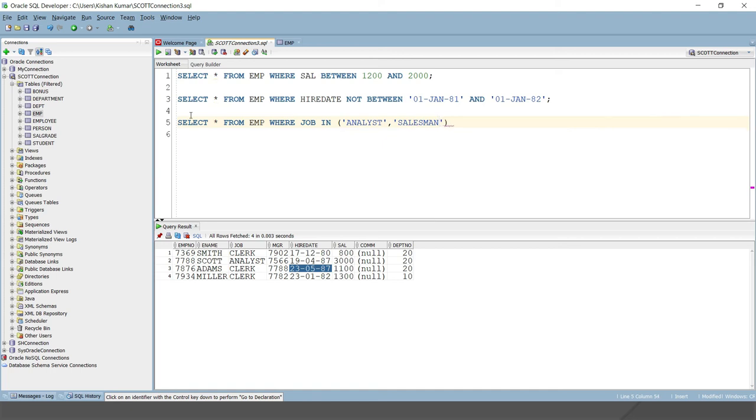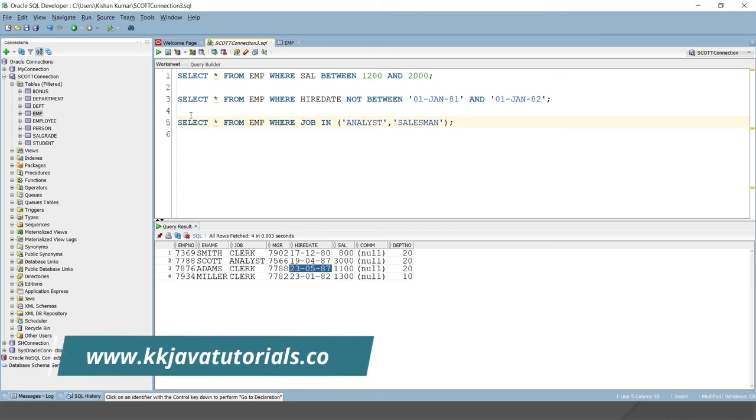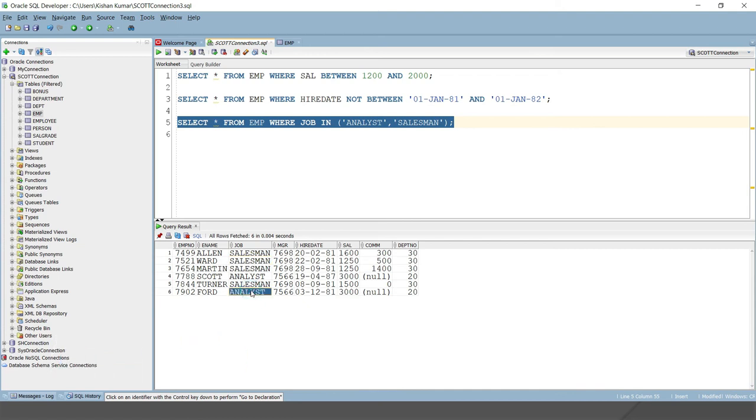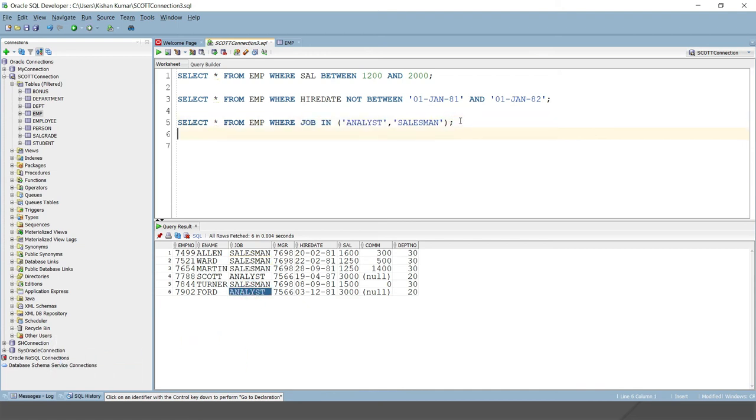This will list out all the employee details whose designation is either analyst or salesman. Run this. Here you can see, look at the job or designation, it is either salesman or analyst. That's where we have used the in operator.